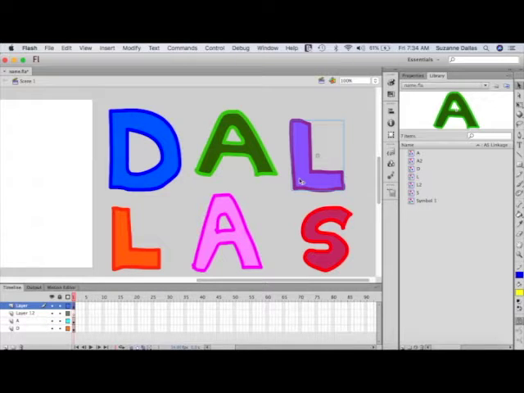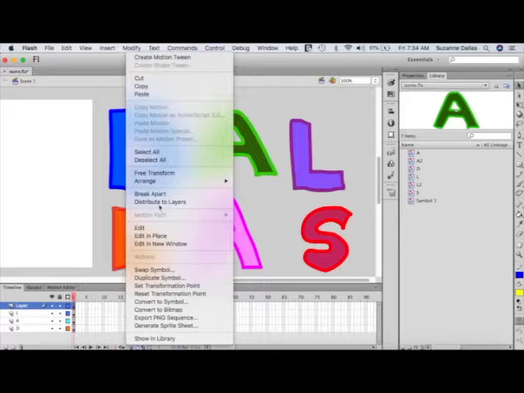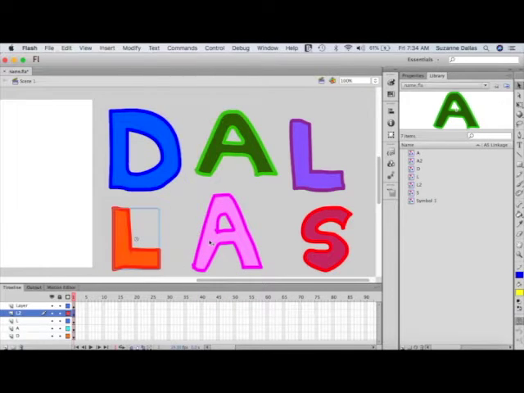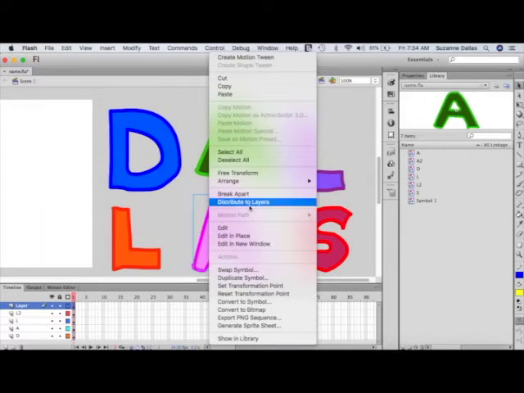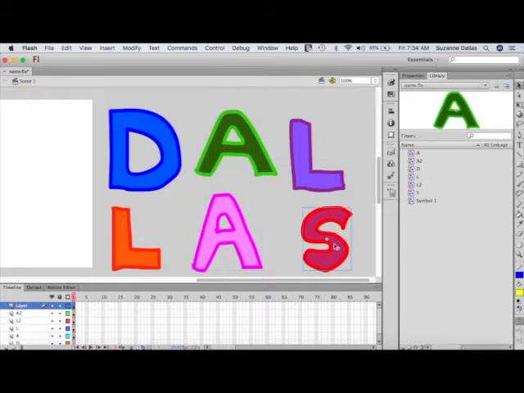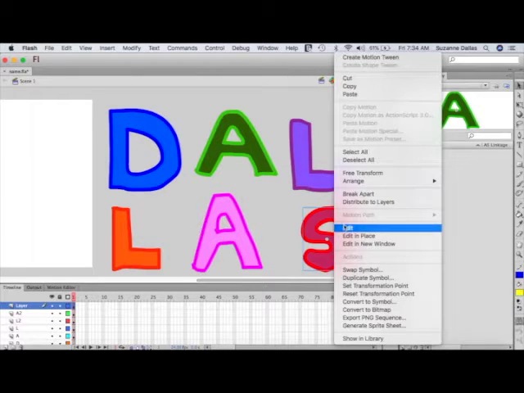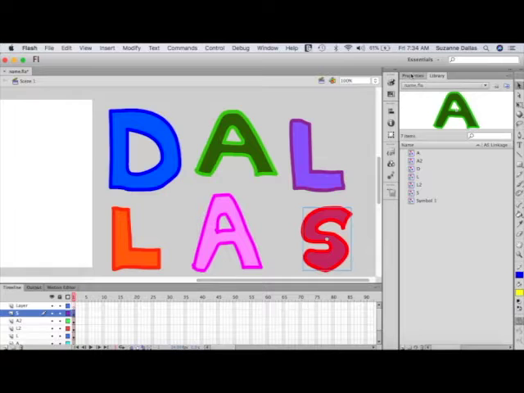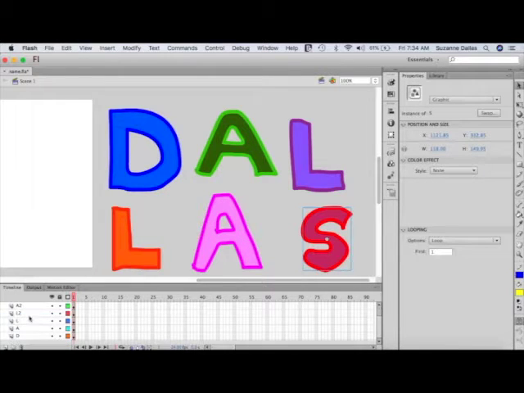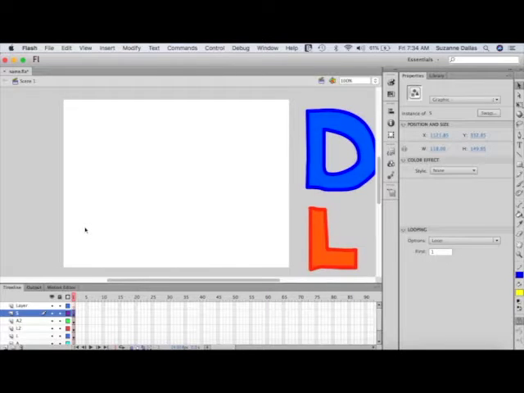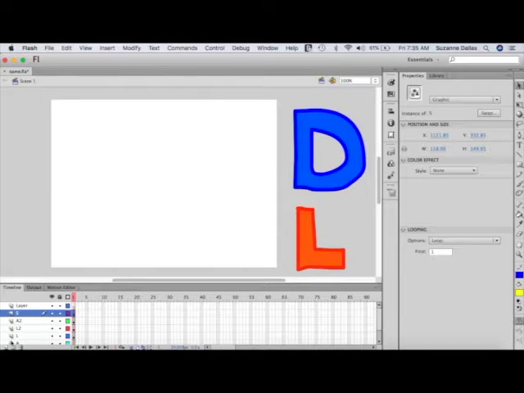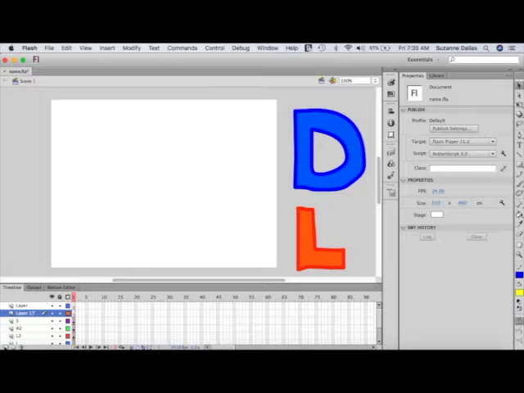I need an L. I'm just going to right click, distribute to layers, right click, distribute to layers. Make sure you've converted to symbols before you've distributed to layers. Okay. So now I've got all the letters of my name,